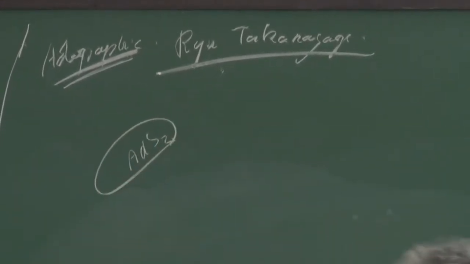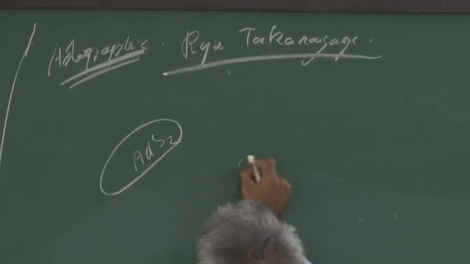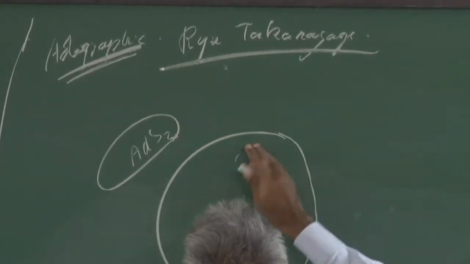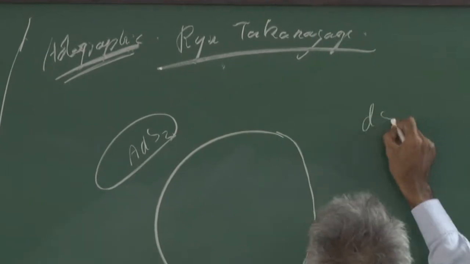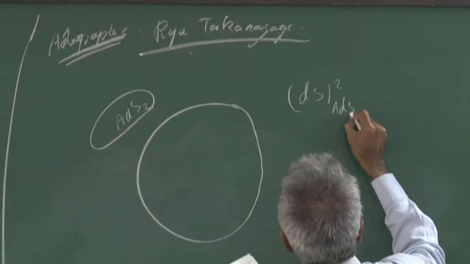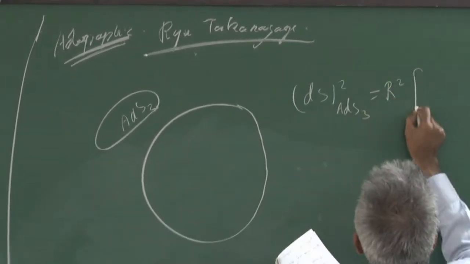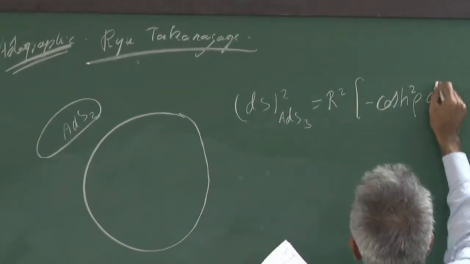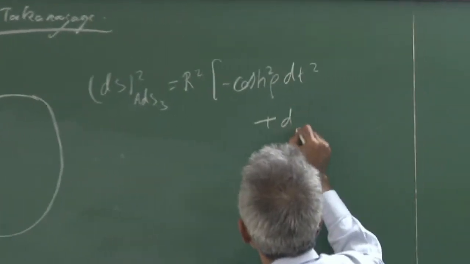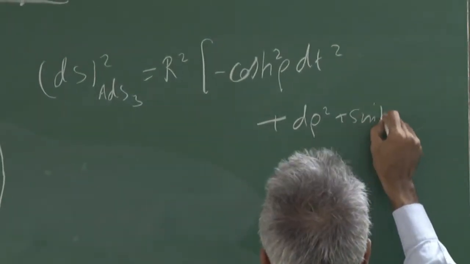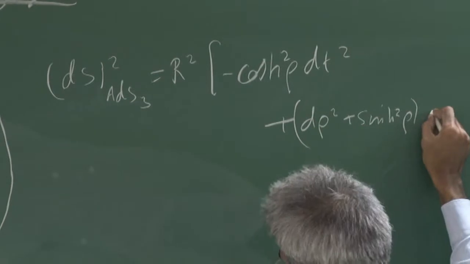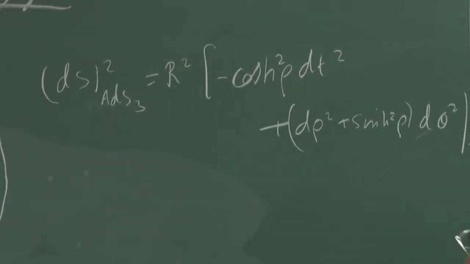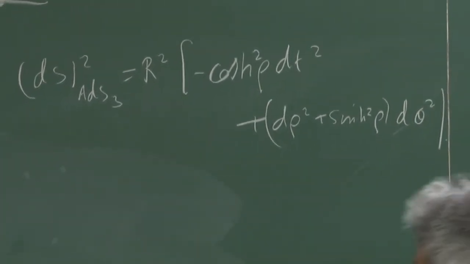It has the right isometry, and this is the AdS3 metric. So let me just go through it. Some things become explicit here: cosh squared rho dt squared plus d rho squared plus sinh squared rho d phi squared. So this is the AdS3 metric in spherical coordinates, and what you are instructed to do is